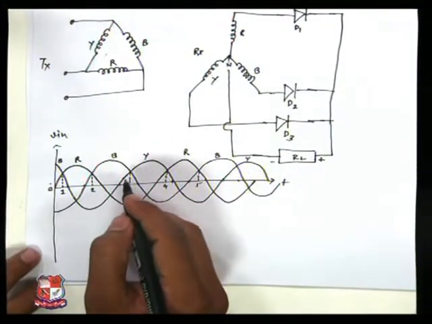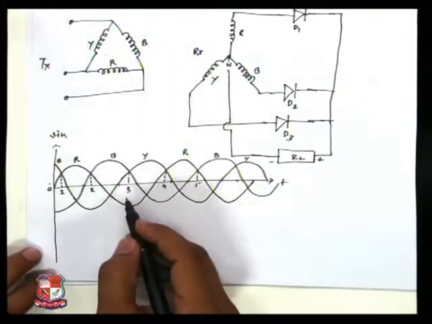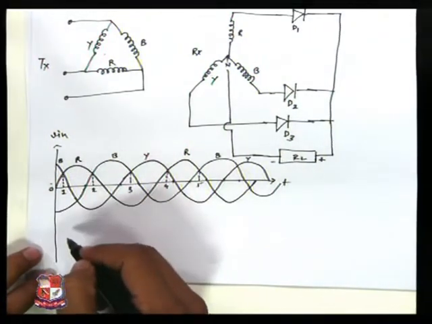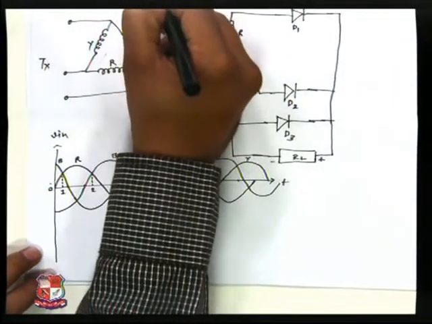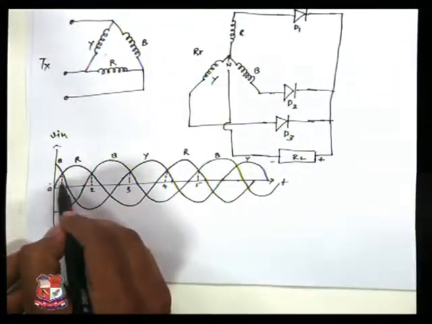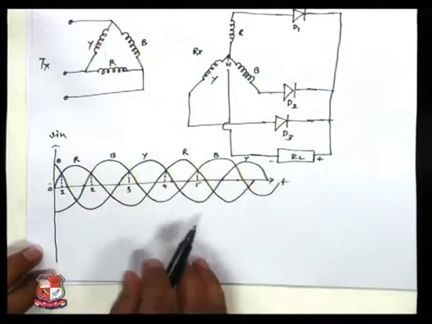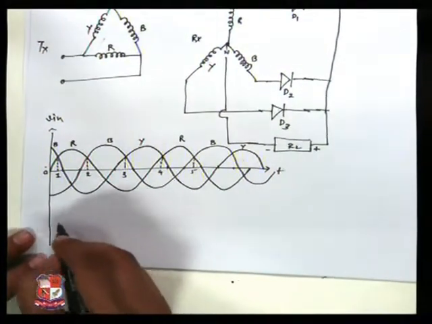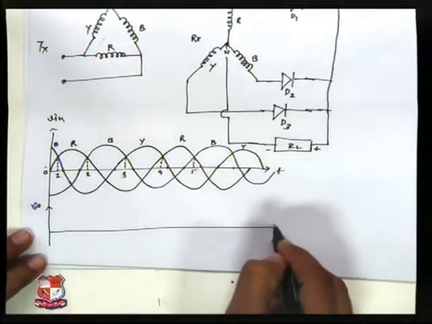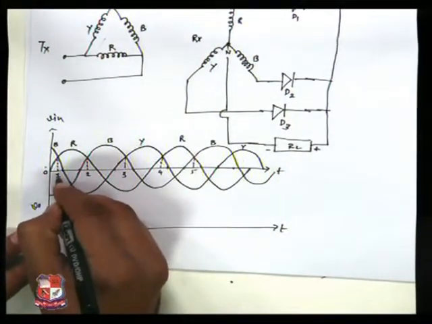Remember one thing, here we are defining the half wave rectifier, so you have to consider either the positive half cycle or the negative half cycle. Here we are considering the positive half cycle, that's why I am taking the instants from the upper side, not the lower side. Now for the output, you have to just track that instant.